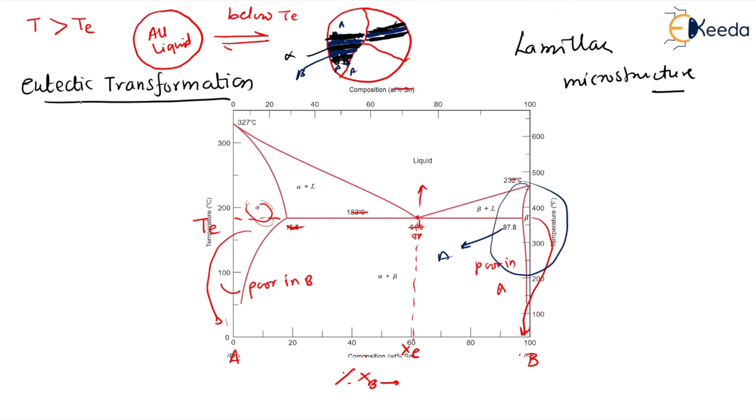So in the eutectic transformation, which microstructure are you getting here? Just now, from this liquid we get these two solids, alpha plus beta. Above this temperature T, everything is liquid; just below it, we are getting this alpha. How is this alpha going to look in the grains? It is in a layer by layer structure, lamellar structure, isn't it? So this is the first microstructure that evolves in the case of this eutectic transformation. So dear students, this is about the eutectic transformation.